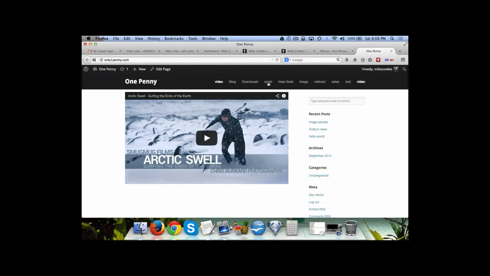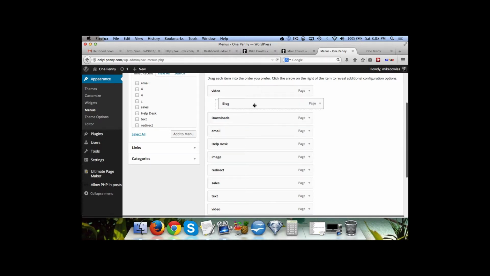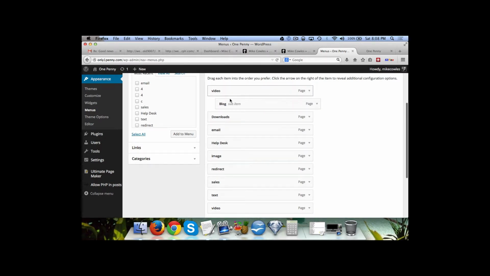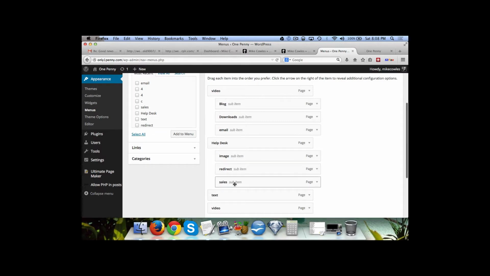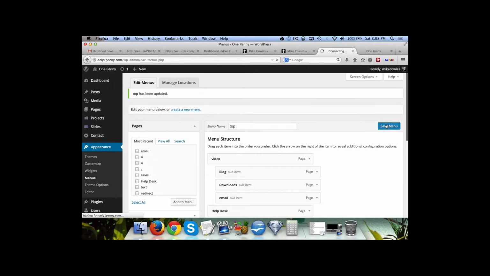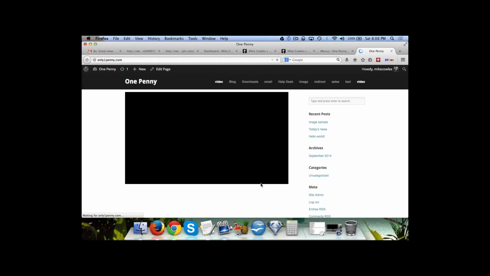Now let's say we wanted to move some of these so that there weren't so many in one place. What you can do is you could say, scoot this over a little bit, and this will now be right underneath video. So we'll do downloads as well and email as well, and then we'll put these couple underneath here like that. So now when we come over here and we save this and refresh it,